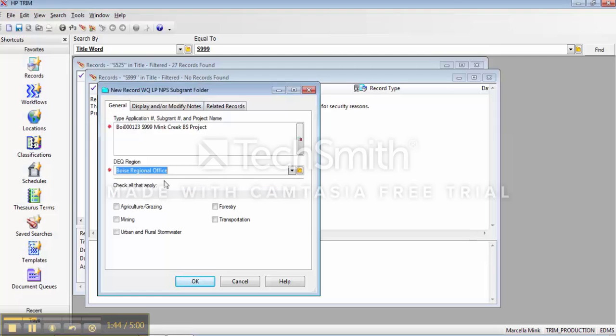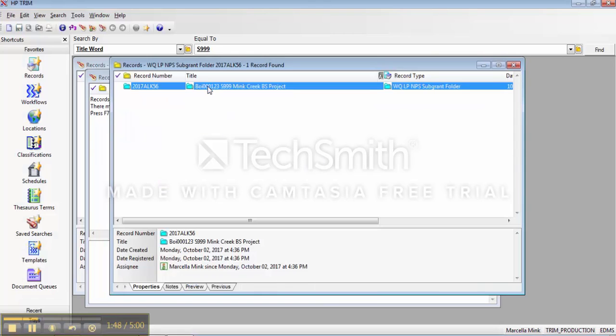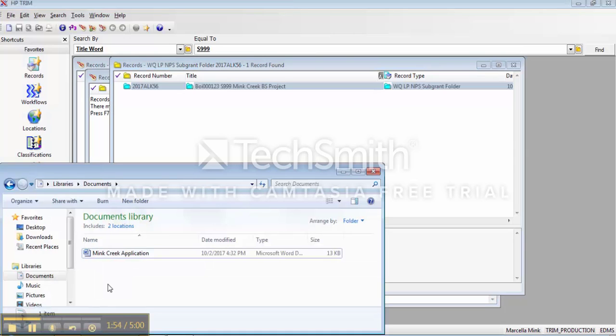Fill in the region where the project's taking place and the type. Click OK. Here's your folder. Now to enter records into that folder, all you have to do is bring up the electronic version of your document,